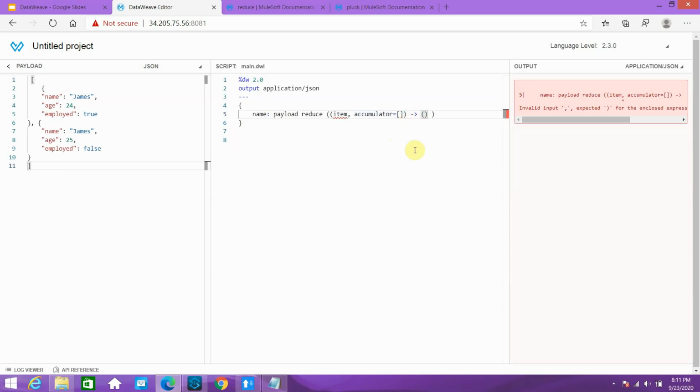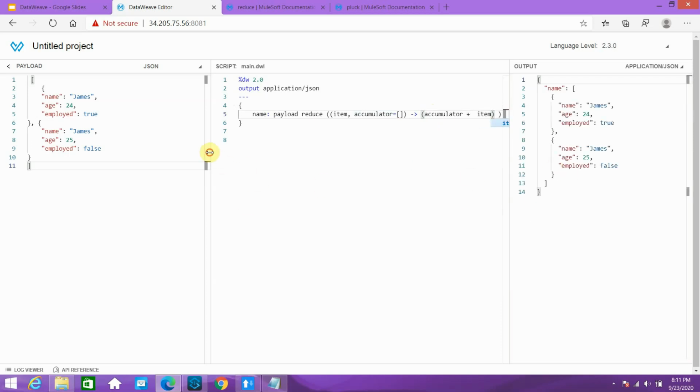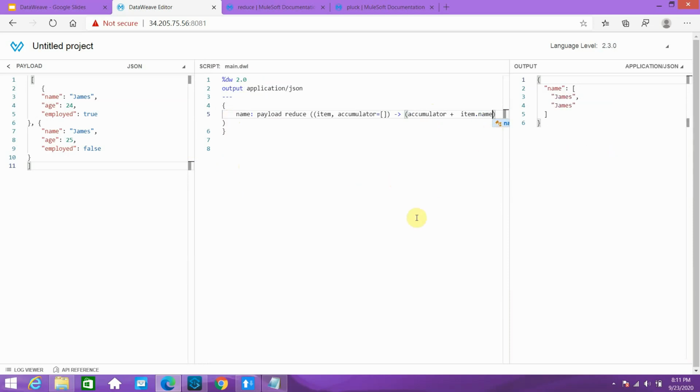Then I can plus item dot name, I just want the name. So I have reduced this to only the name, I am just reading the name basically.